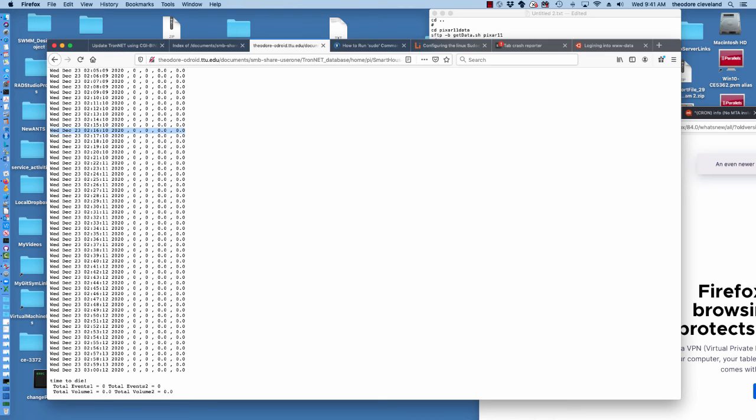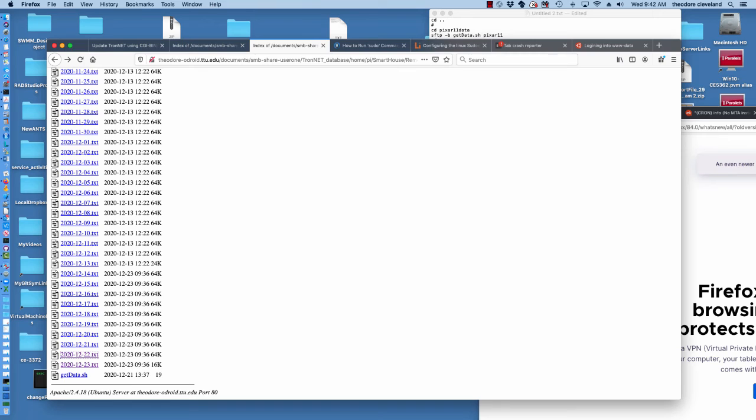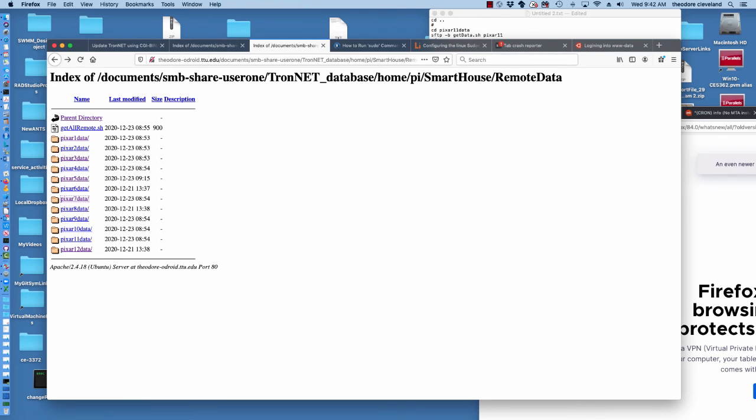And the way you know it's successfully completed is these last 3 lines where it just says it's time for the process to die, and it totalizes the total events in each channel and the converted volume in each channel. So these would normally be sums of these columns. Okay, and